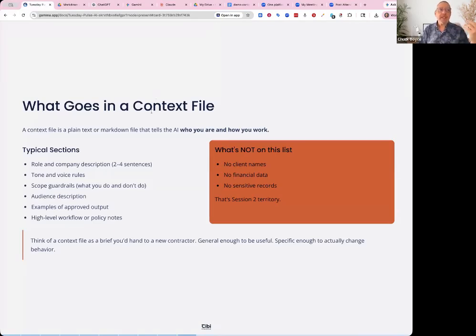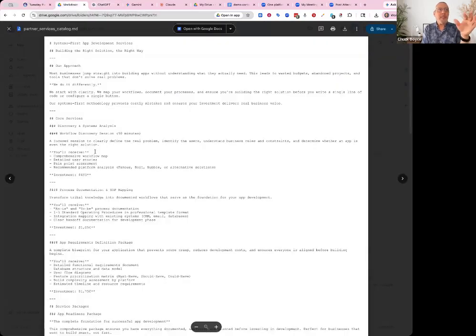Give it your description, give it examples of what you want to do, your high level workflow. Don't include information that is not reusable, like client names, financial data, sensitive records, things like that. You don't want to put those into it, even though the example I just showed had various approaches to various businesses and some pricing.